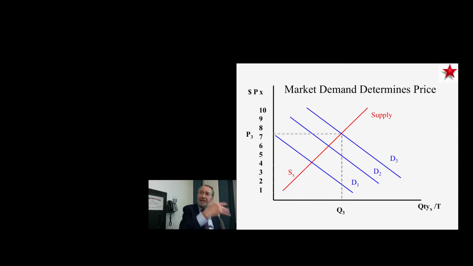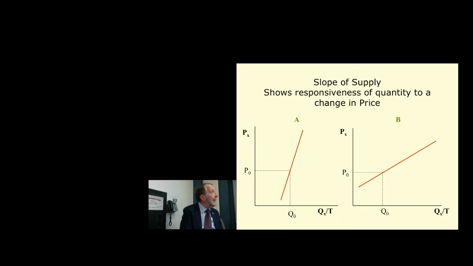And if demand increases again, it pulls forth more production. Price has to rise to cover the additional cost of those resources. So it is demand that determines price. I think I may have spoken about this in the previous lecture,